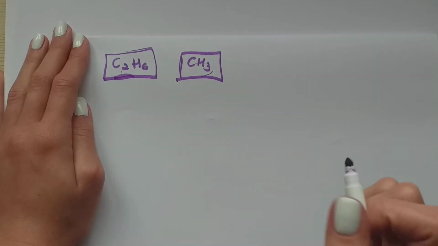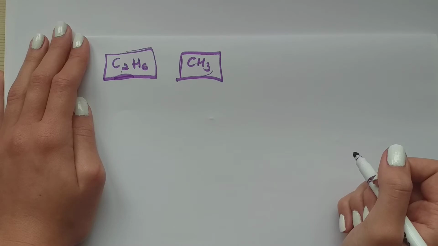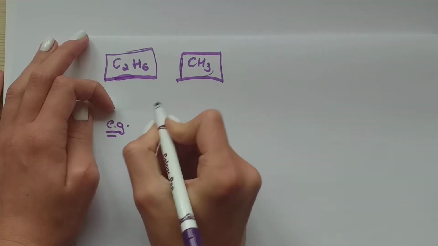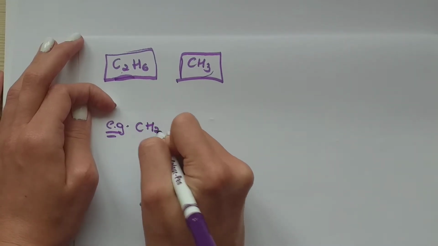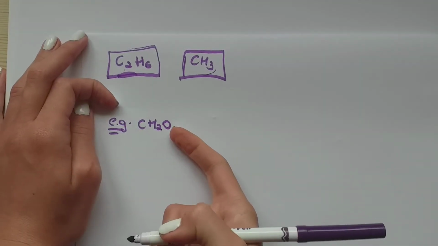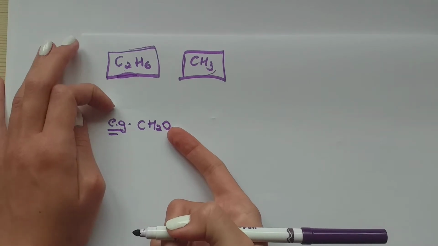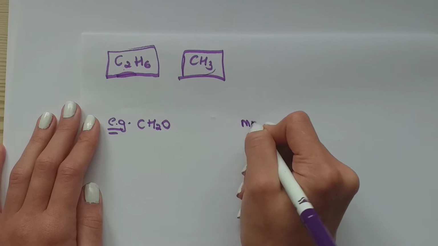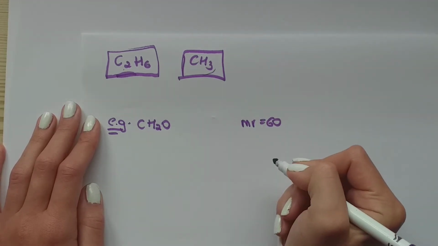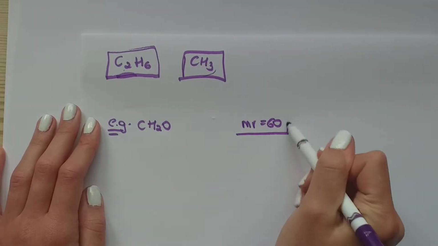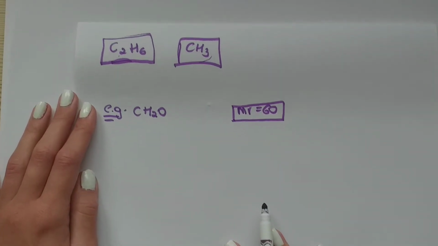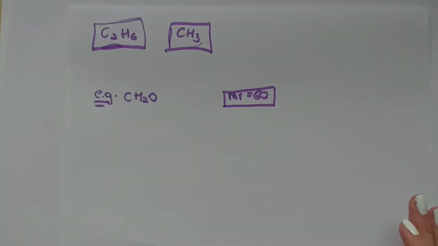So let's just show you an example. In the previous video, we had CH2O. That was our empirical formula. But if you're told that the MR of this compound is 60, you can also find the molecular formula. If you're given the MR of a compound and you know the empirical formula, you can always find the molecular